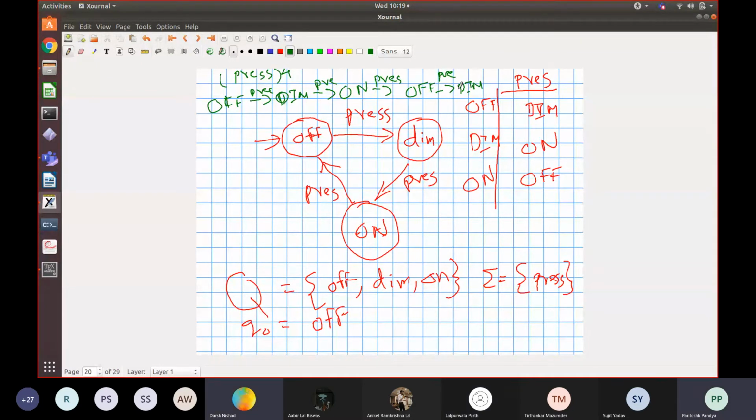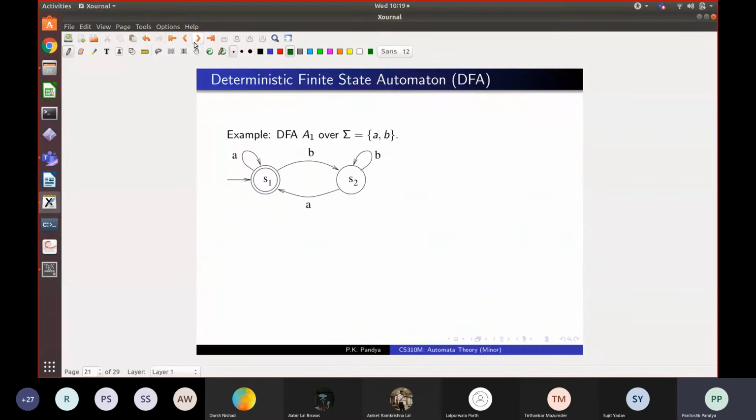Yes. So you can see that for any given sequence of inputs, that is any word over this alphabet, the system has a unique execution. Okay, there is exactly one execution that can arise, and that execution has the last state in which you wind up, right? This is the semantics of this automaton, how this automaton works on a given word. Okay, so I think if you understood this, we have come far.